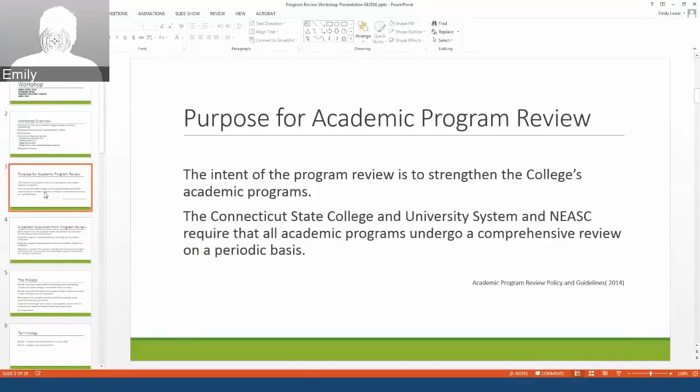The purpose for the academic program review. The intent of the program review is to strengthen the college's academic programs. The Connecticut State College and University System and NCATE require that all academic programs undergo a comprehensive review on a periodic basis. For those of you who have been here with Charter Oak teaching for us and building courses for us for a number of years,